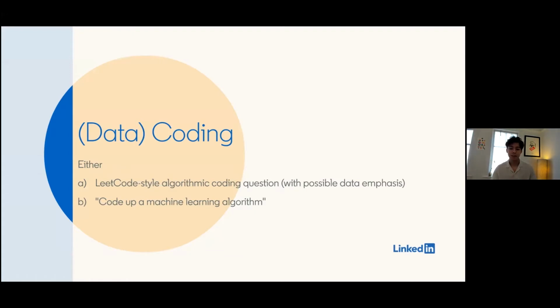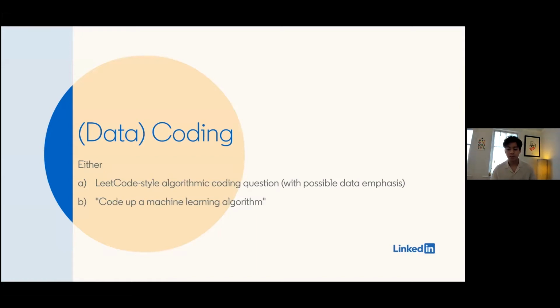Either this is a classic LeetCode style algorithmic coding question, the kind of question that you would normally see in a generalist software engineering interview, except with a possible data emphasis.